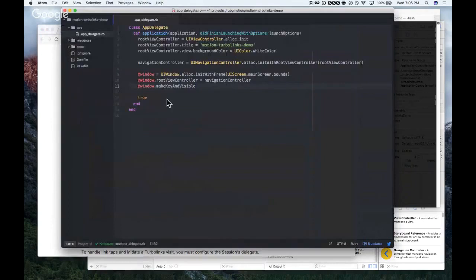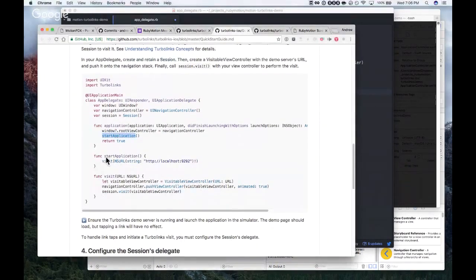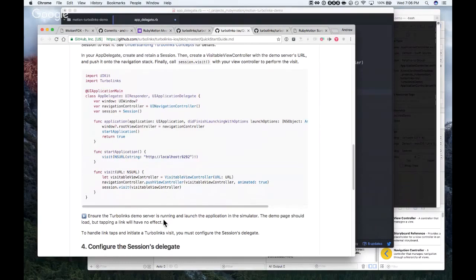Is that TurboLinks? Because that's not iOS, is it? Start application is this custom method. Okay, yeah, sorry, that's where they add the visit. Okay. Actually, I wonder if visit is something special here. Maybe we should implement that on an app delegate.